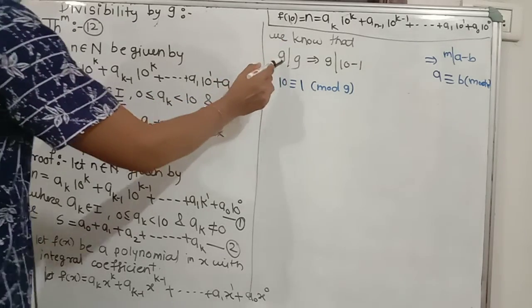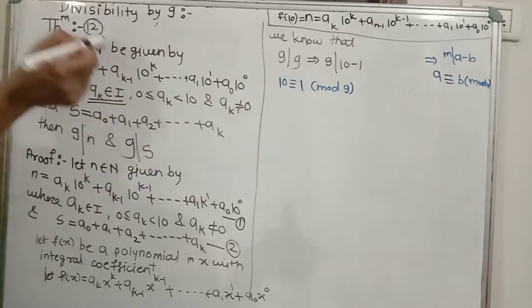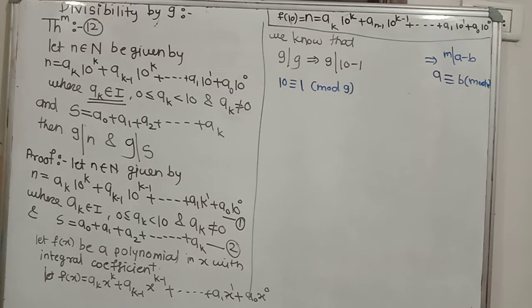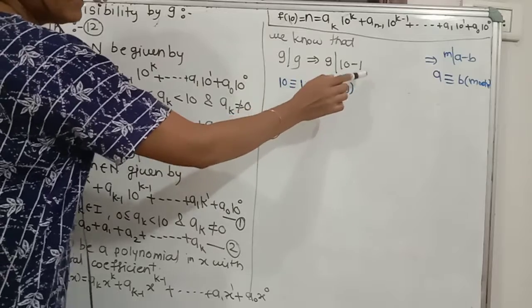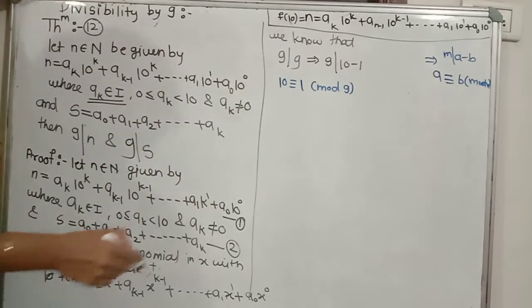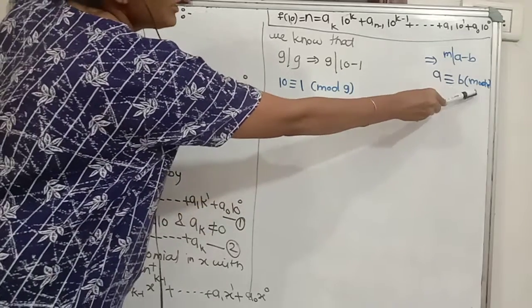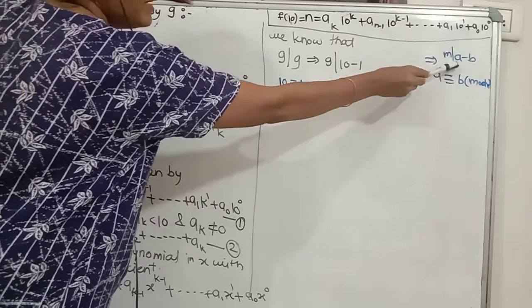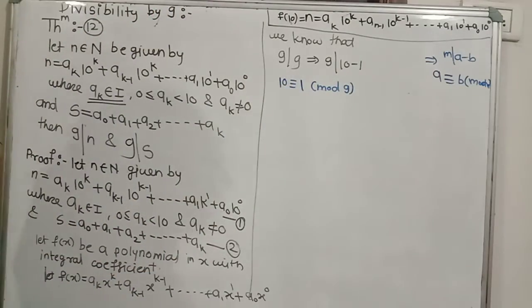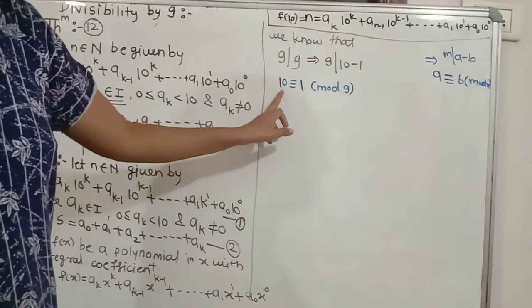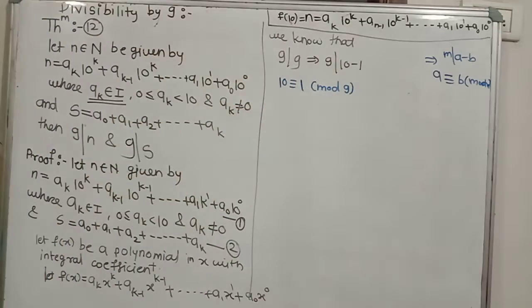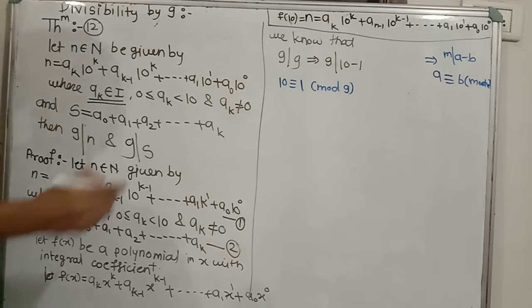So all of you know that any number divides itself, so we write 9 divides 9, and we have here 10, so we write 9 divides 10 minus 1, means again 9. But all of you know that if a is congruent to b with mod m, then m divides a minus b. So in the same way, 9 divides 10 minus 1 means 10 is congruent to 1 with mod 9. So by our previous theorem,